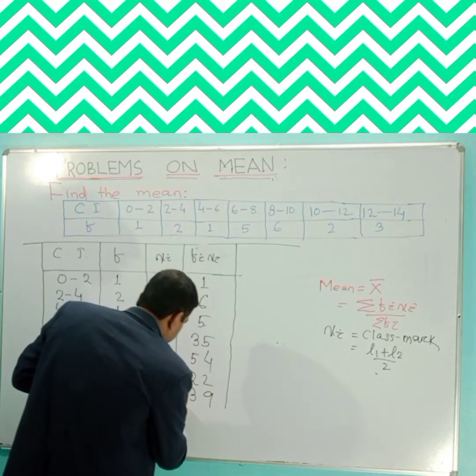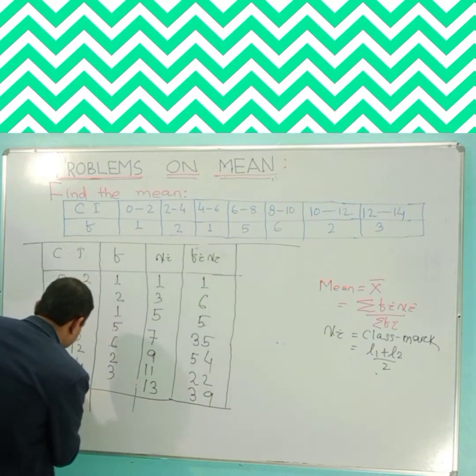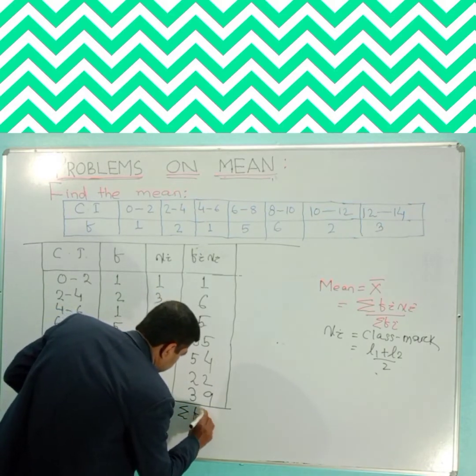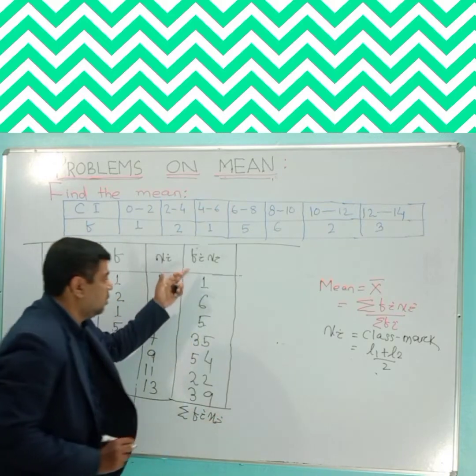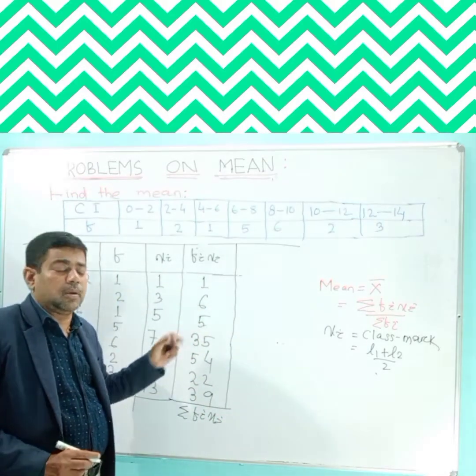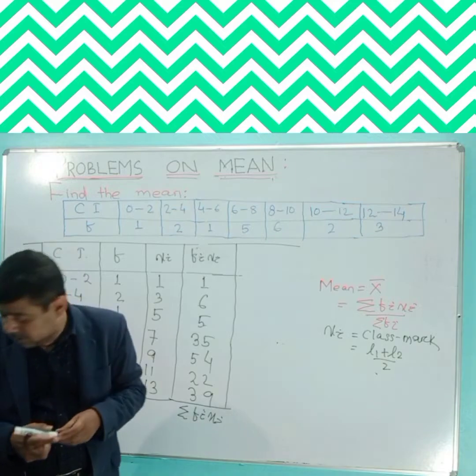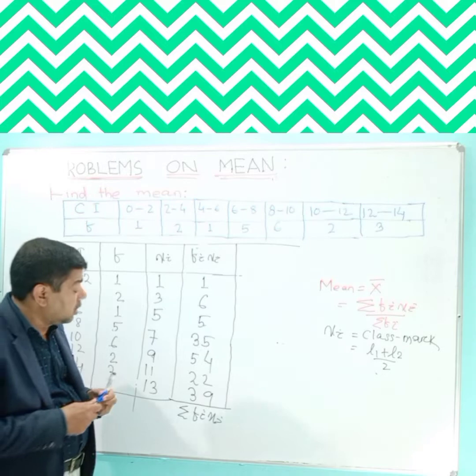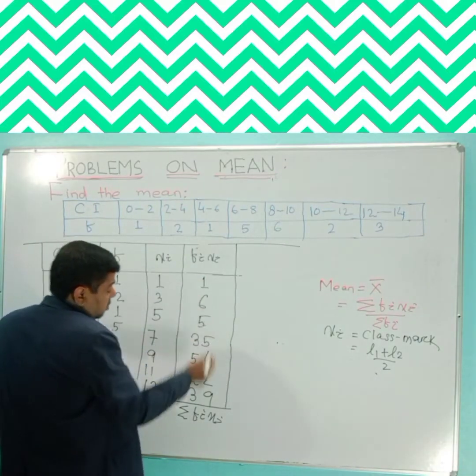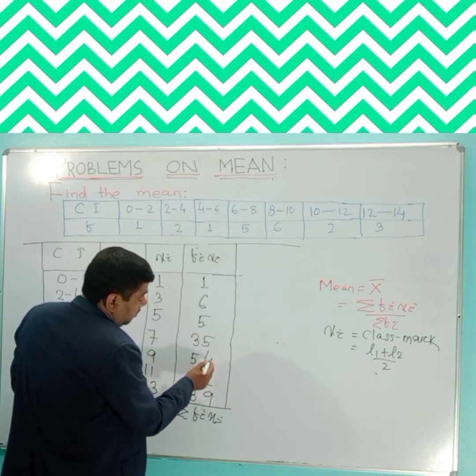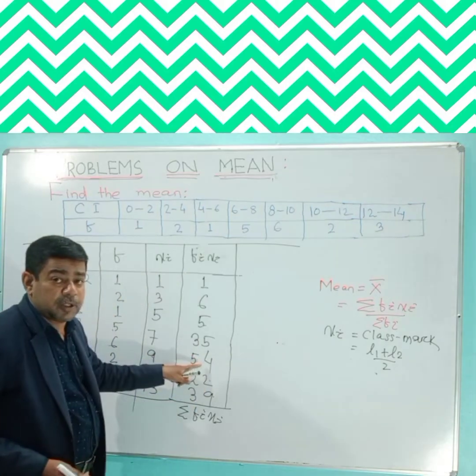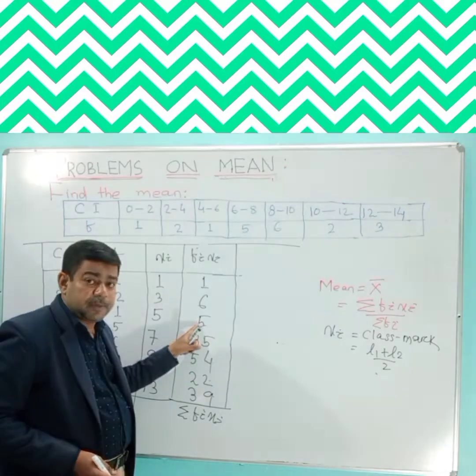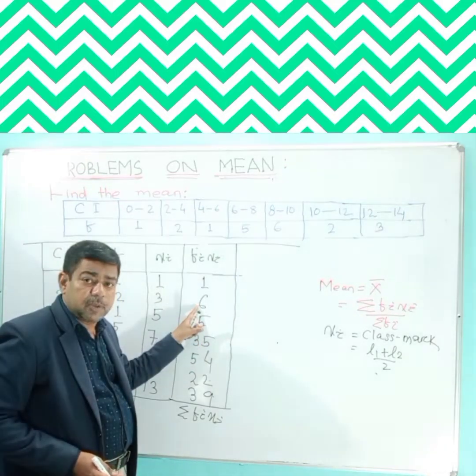After that, you have to find the sum of Fi Xi, which means you have to add all the numbers in this column. Let us add carefully. 9 plus 2 is 11, 11 plus 4 is 15, 15 plus 5 is 20, 20 plus 5 is 25, 25 plus 6 is